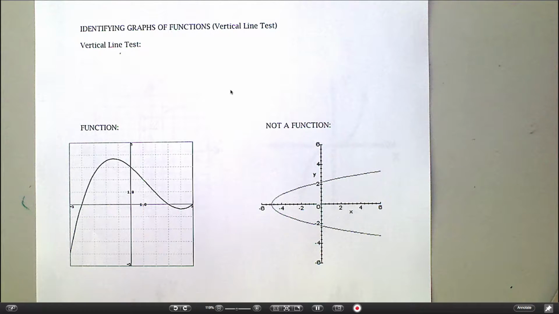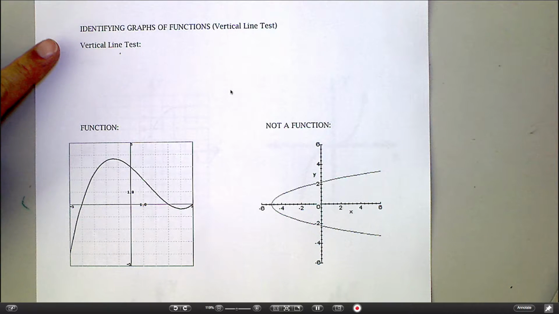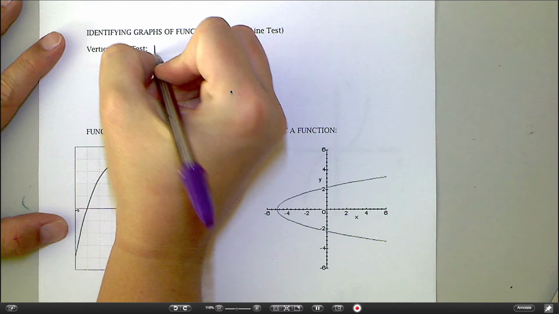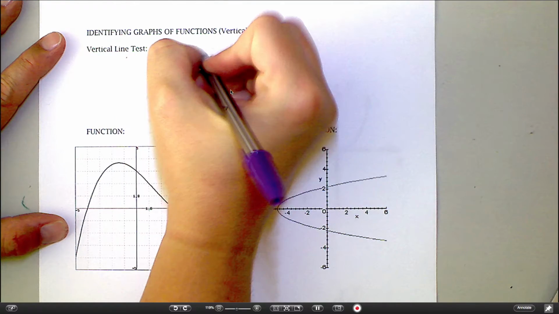So when you're looking at a graph, the same rule still applies. You can't have any x that has more than one partner. But there's a really easy visual way to see that, and we can use the vertical line test to check for that. What the vertical line test says is if a vertical line